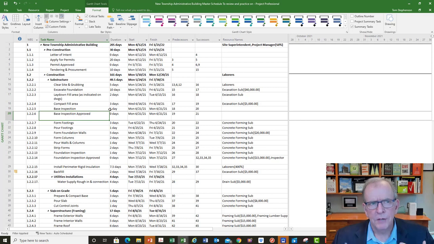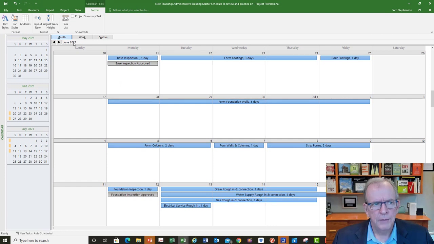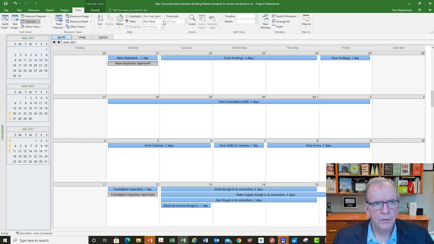You can think about things like if you want to sort stuff or you want to filter things, likely you can do it in Microsoft Project. Very, very strong likelihood you can do it. Even if I go across to the left and I right click and I go to calendar, if I'm in the calendar and I go to my view, you still have that you can filter things. So for example,